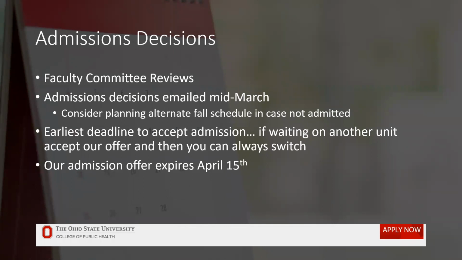So make sure at the very least you do have a potential alternate schedule in case something on your application doesn't get through in time in this window, or you are not admitted to the program. But know that we are going to do our best to make sure that you are notified in the correct window so that you can get your schedule together and know what you're taking next autumn.